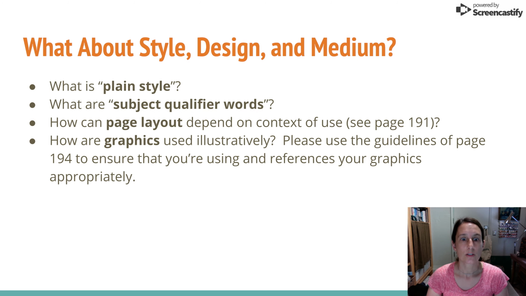So those are words that emphasize something like very or exceedingly or extremely. So it adds emphasis to a word. So if you're saying this is an extremely important process, you're putting emphasis, you're qualifying the word process. So when you're composing your script for your instructions, take a look at how you're using those and if they're